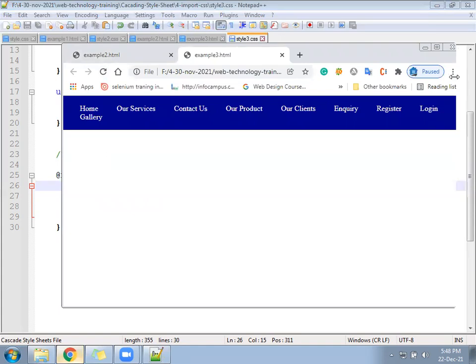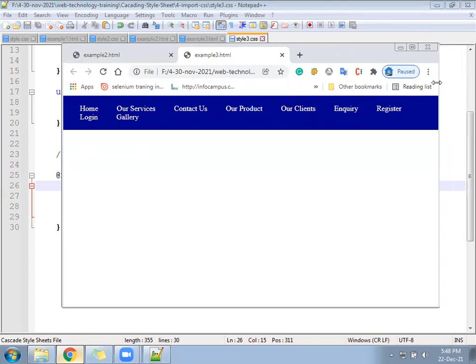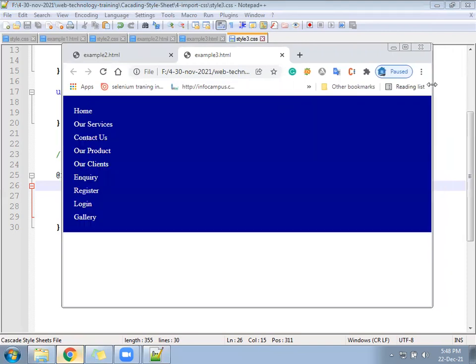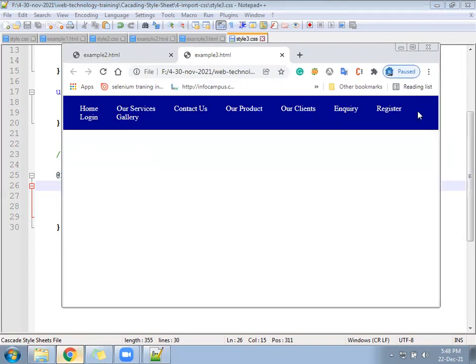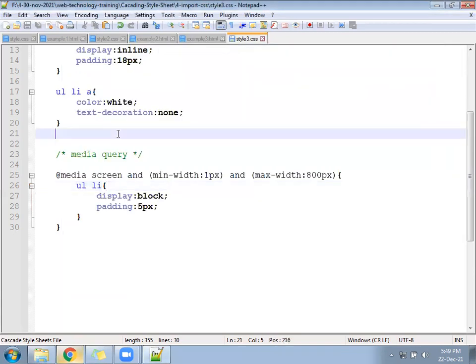See, we need to write some more things. Suppose, for example, you see here, my device is not up to 800, but still some congestion is happening. We can write one more media query for more than 800 pixels to reduce the padding. If it is 800 to 900, we can reduce the padding of that.